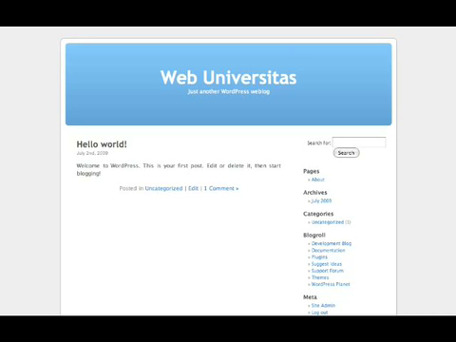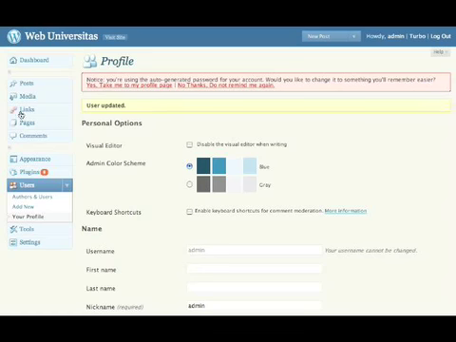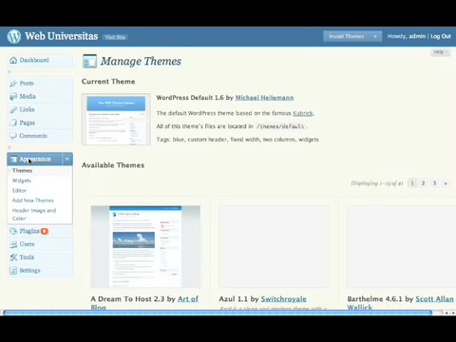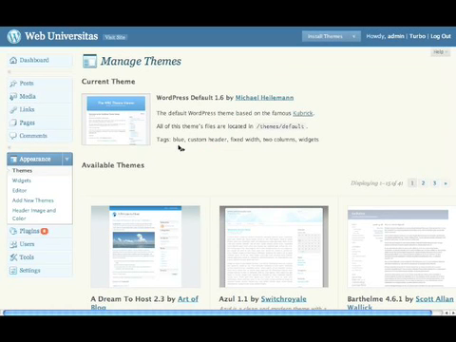So let's head back, and you'll see down here appearance, and here you'll see that it's using the WordPress default, and that you've got the option of lots of other themes available here. And it's very simple. You just click on a theme